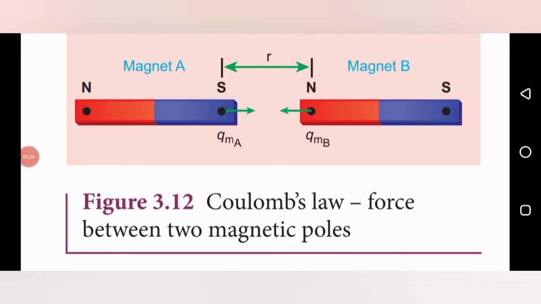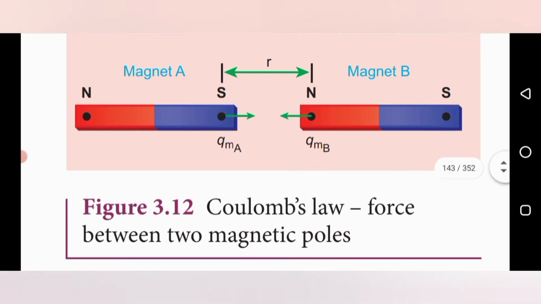So these are two bar magnets, magnet A and B. There are two poles for each magnet, which are considered here as pole strength. Here, north and south poles attract each other, that is, unlike poles attract, and like poles repel each other. That is also considered as a force here: the force of attraction and the force of repulsion. We have to find the force of attraction or repulsion between the two magnetic poles.